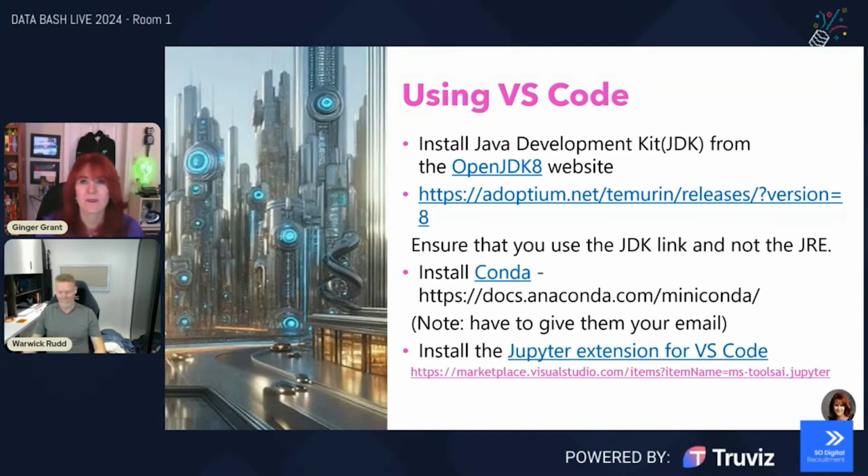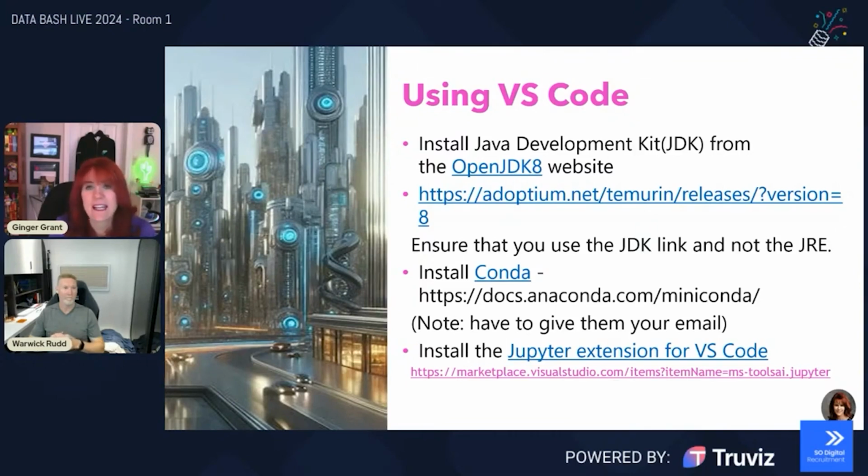It allows you a couple of different options when it comes to looking at things at the same time. Of course, to do that, you've got to set up your VS Code and do a couple of steps to be able to make it run. And the first thing you want to make sure that you do is install the JDK from Java, because you will need to use that inside of VS Code. Make sure you use that JDK link and not the JRE link.